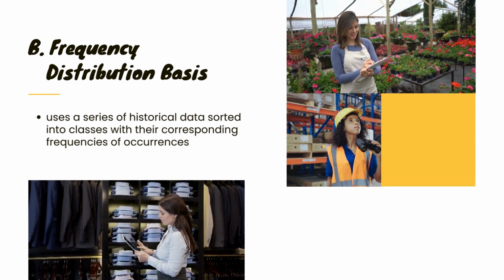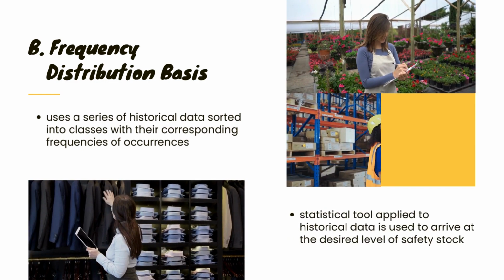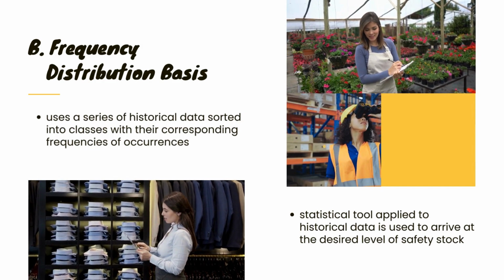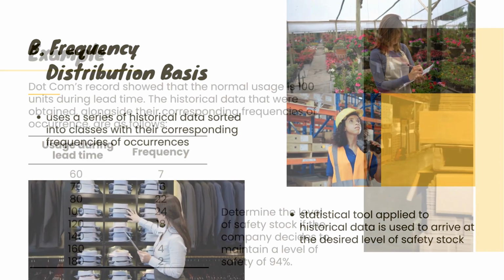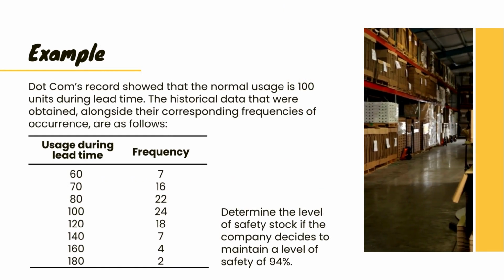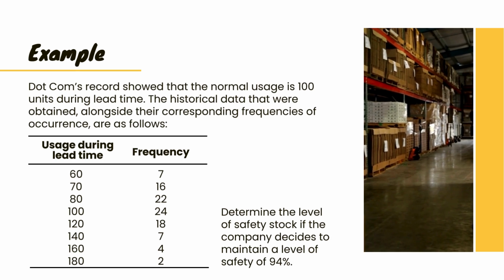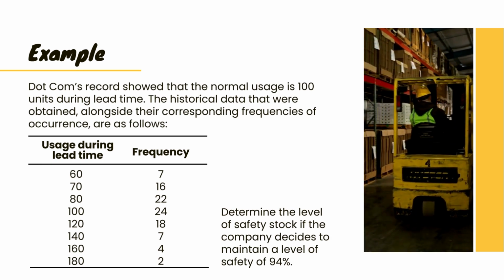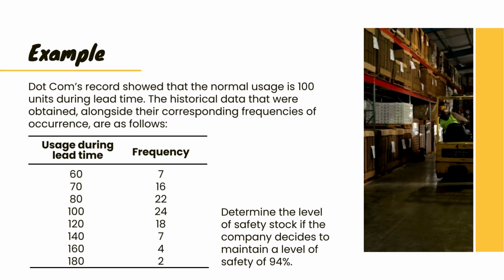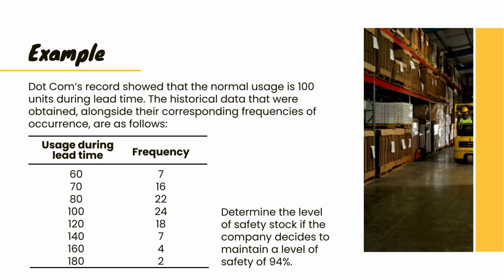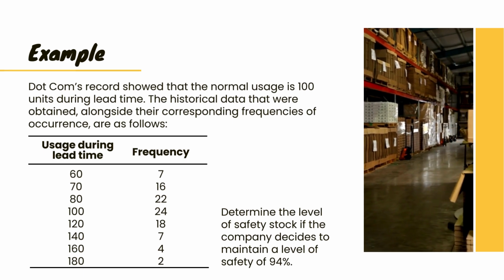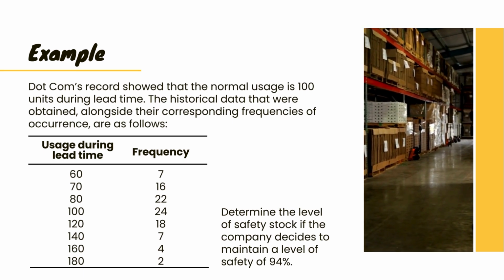Sa process na ito, gumagamit tayo ng statistical tool sa ating historical data para mahanap natin yung desired level of safety stock. Example, .com's record showed that the normal usage is 100 units during lead time. The historical data that were obtained alongside their corresponding frequencies of occurrence are as follows. Using the information above, determine the level of safety stock if the company decides to maintain a level of safety